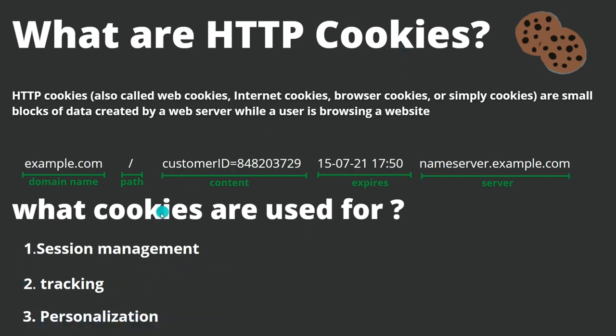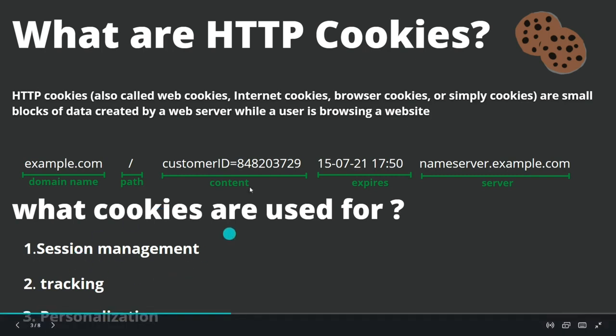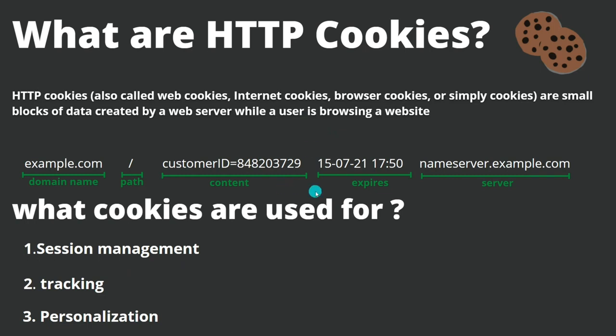Cookies can also be used for personalization. For example, you are logging into Instagram, and you prefer to use the dark theme, then the Instagram server will send a cookie. Whenever you log into Instagram, the server will send you the Instagram user interface in dark mode, and the server knows this because of the cookies. So this is the use of cookies in web technology.